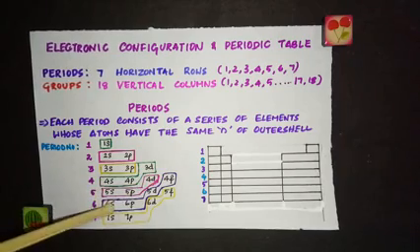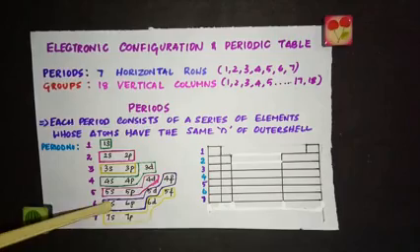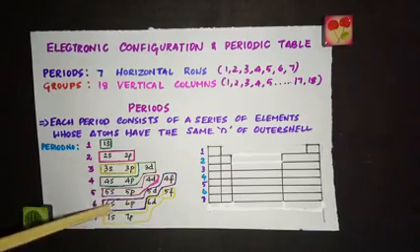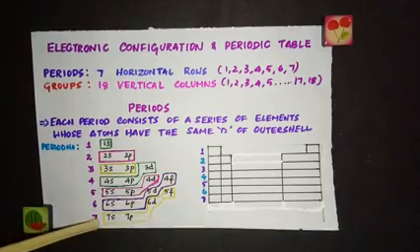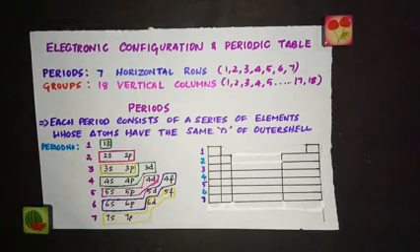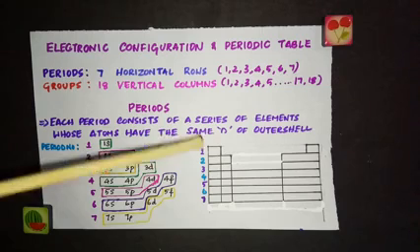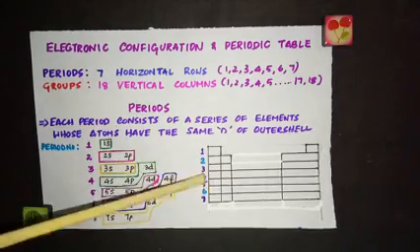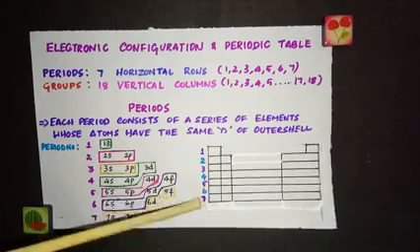In the sixth period, it starts with the 6th new shell. 6s, 6p, 5d, 4f. So all this will be filled in the 6th period. In the 7th period, these subshells will be filled. So each principal quantum number represents one period. So you can say each period begins with the filling of electrons in a new energy shell.